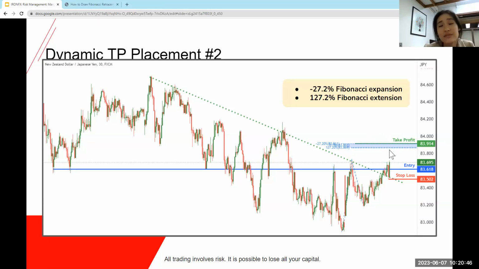Because even though we don't have any graphical analysis, so you can see there's no swing high, no support and resistance, it's in line with two Fibonacci levels, the negative 27.2% Fibonacci expansion, as well as the 127.2% Fibonacci extension. So maybe I'll just briefly let you guys know the expansion basically is